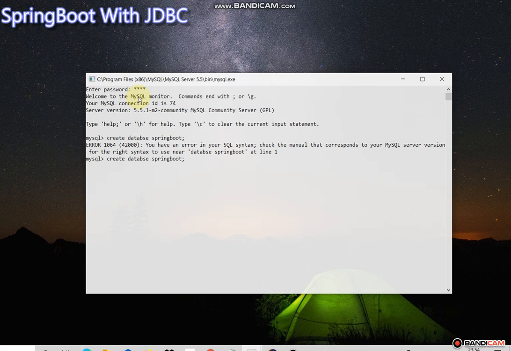Sorry, there is a spelling mistake, that's why it is not taken. Okay, so as per the error, it's saying can't create database Spring Boot, database exists, which means we already created a database with the name Spring Boot. So we will create Spring Boot 1.